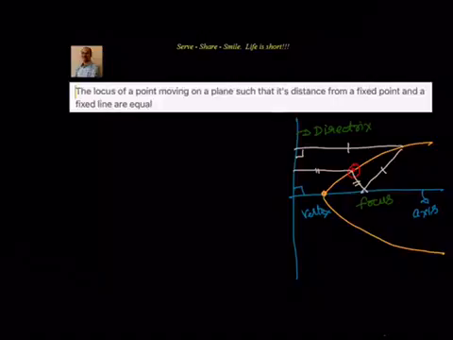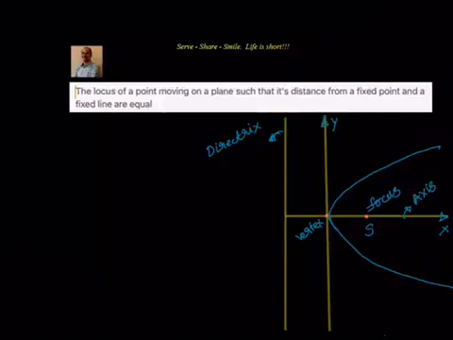Now we will try to understand what the standard formula for a parabola is. For that, we will take the focus on the horizontal line or x-axis so that it is in the simplest form. Now let's look at this diagram. We have the focus on the x-axis. For simplicity, we have taken the simplest form to find the standard form. The focus has coordinates a comma 0. Now let us say that the vertex is at the origin, that's nothing but 0 comma 0.